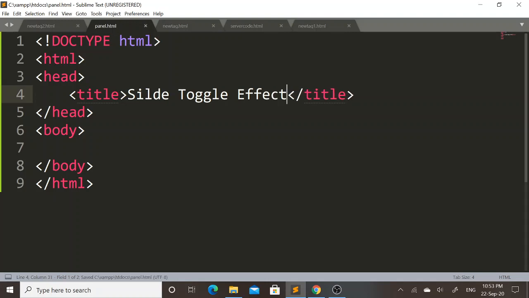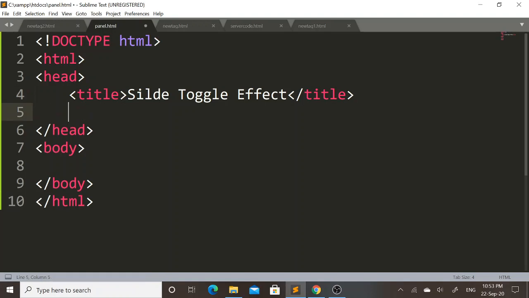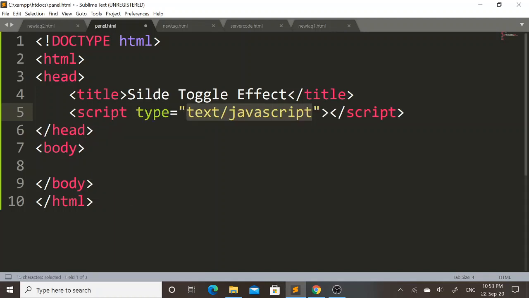So again within this head tag I need to include jQuery library. For that purpose I will mention here script tag, and inside opening of script tag I will mention source attribute. In this source attribute I will set the path of jQuery library which is required to execute slide toggle effect, and that path is